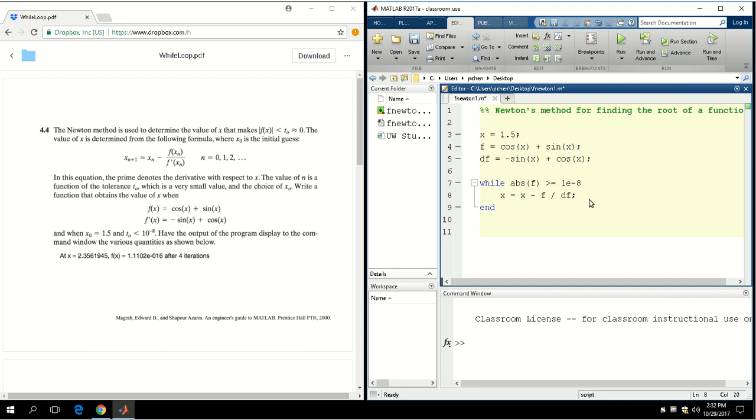And then the next thing we want to do is to actually update both f and df, the value that's stored inside of the function value and also the derivative function value, right? Because now x has changed. So we need to recompute f and df. The thing about Matlab and mathematics or other computer algebra systems is that you have to tell Matlab to